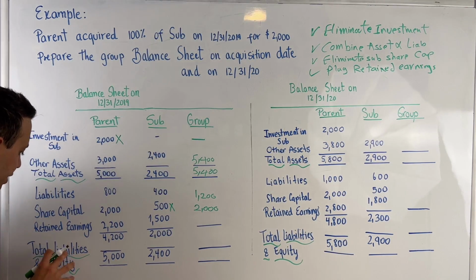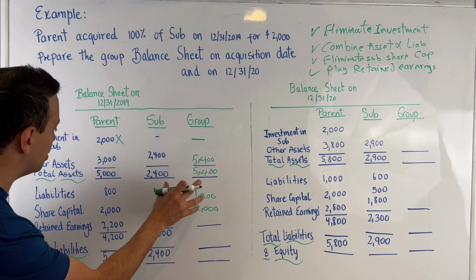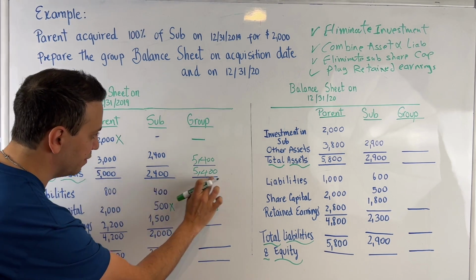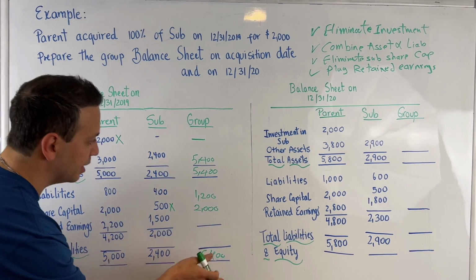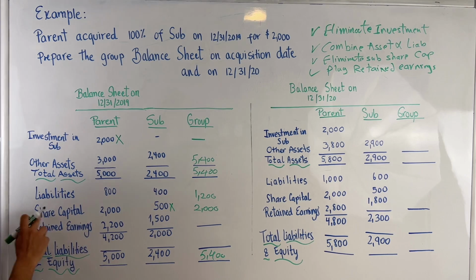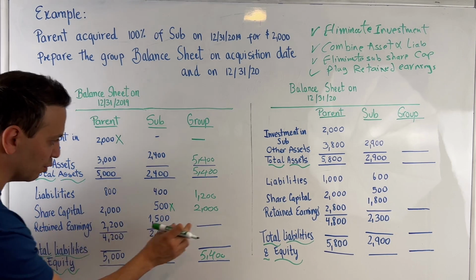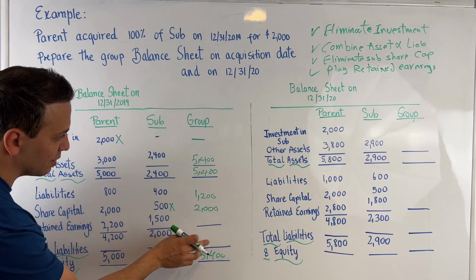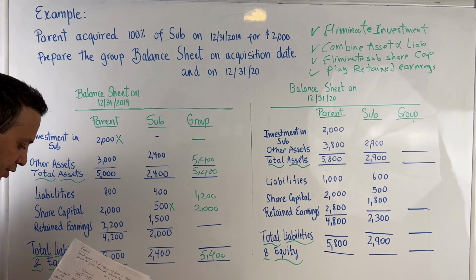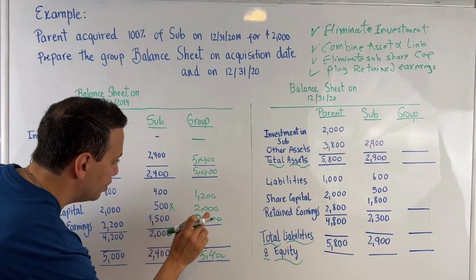And you'll plug retained earnings by saying, okay, total liabilities and equity is always going to equal total assets. So total assets is 5,400. So you put this down below here, and then you can subtract out the share capital and liabilities and come to the amount of retained earnings that will be plugged in here. So when you subtract out 1,200 and 2,000 from the 5,400, you'll get 2,200, which, if you notice, is equal